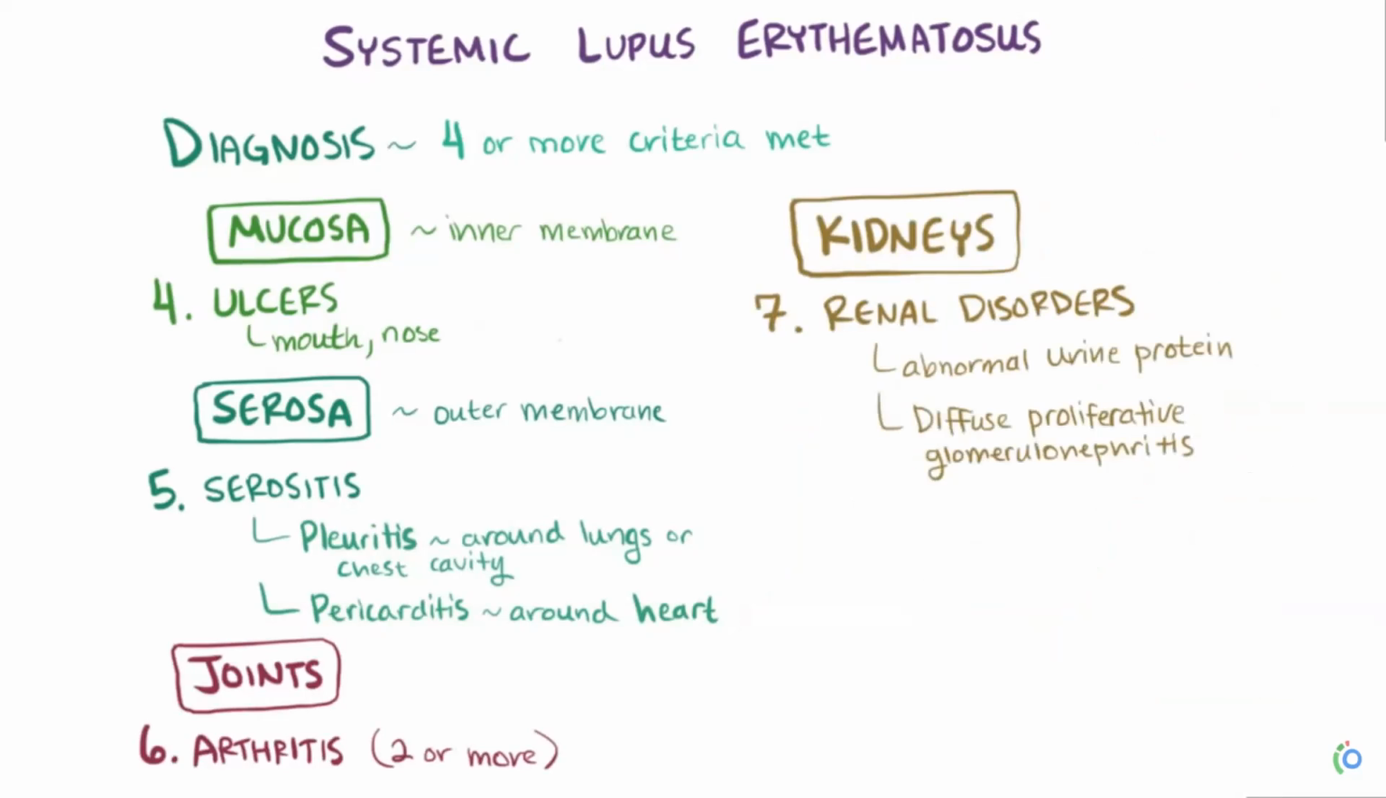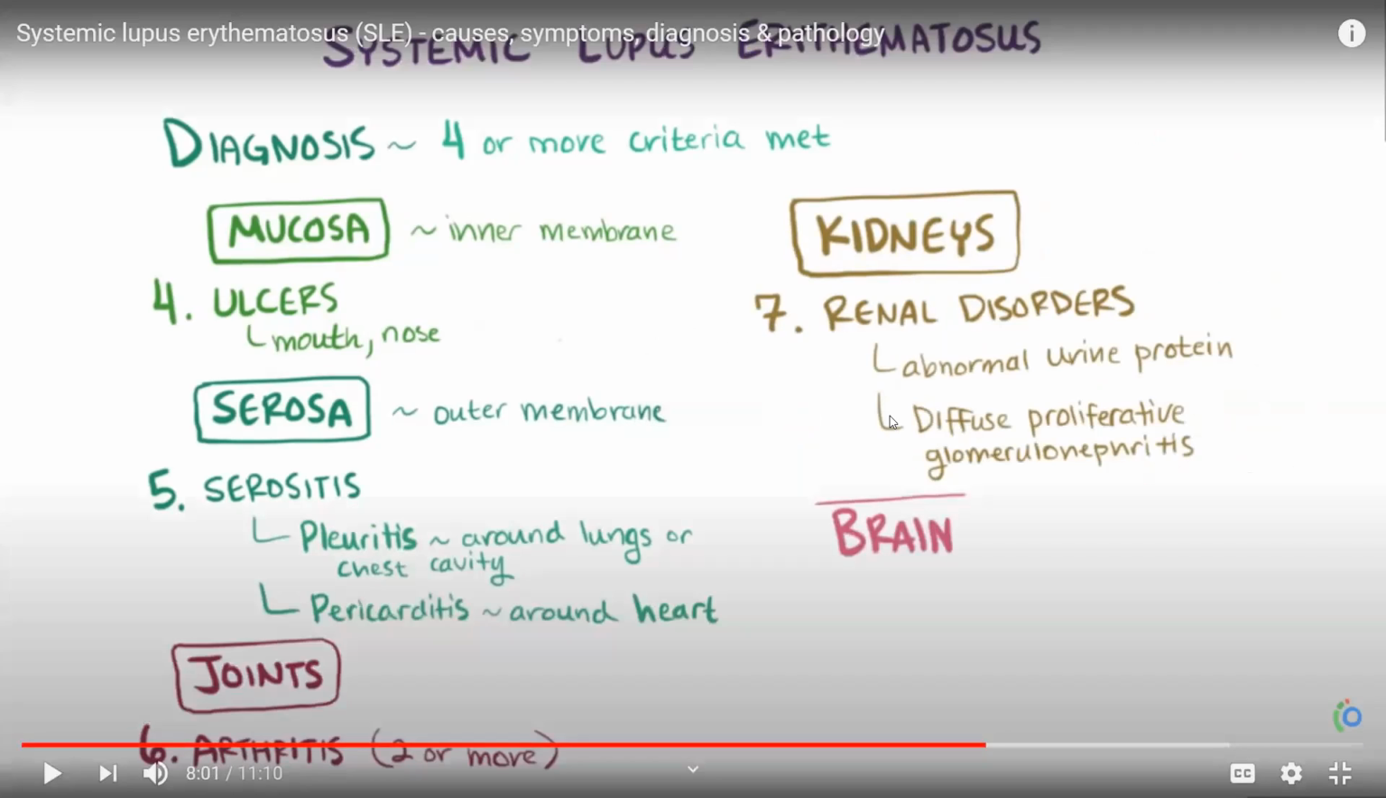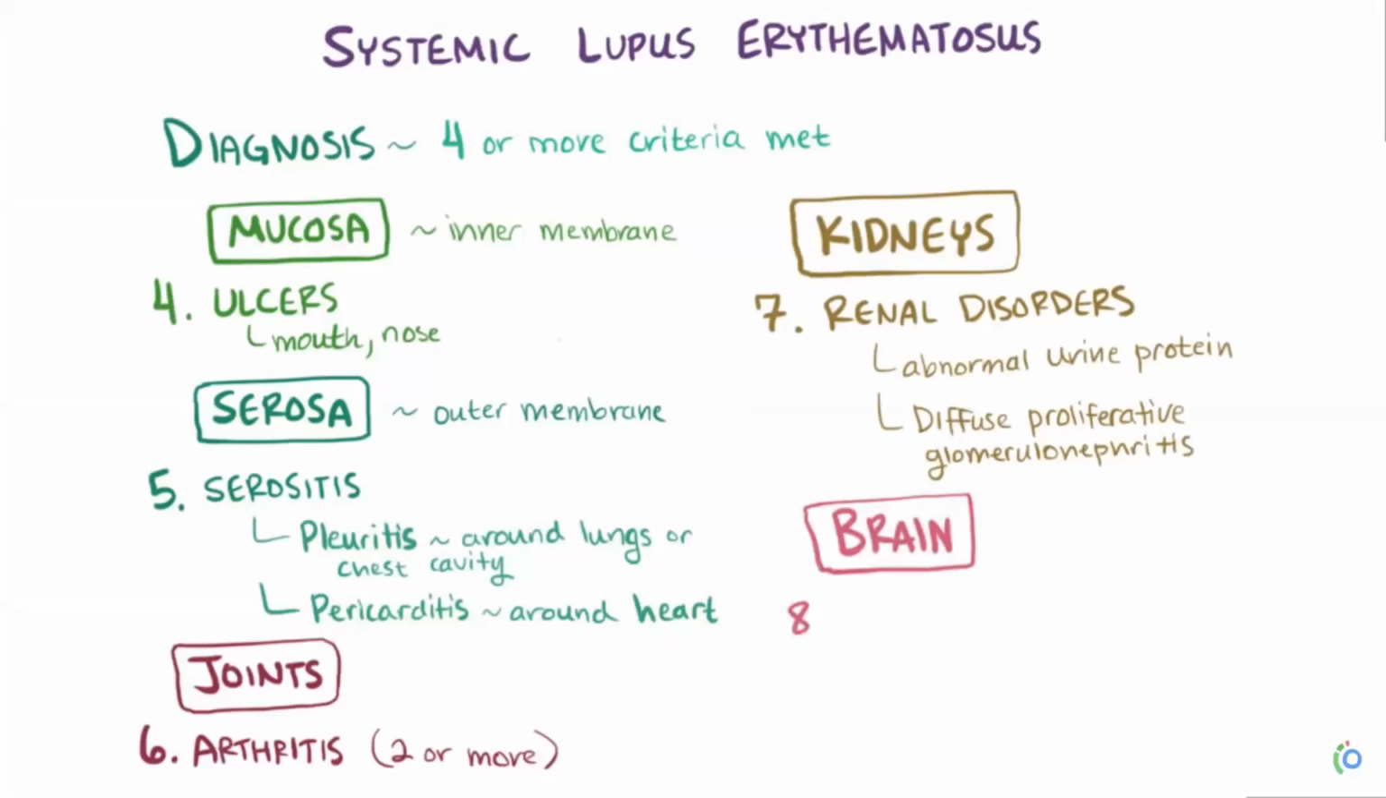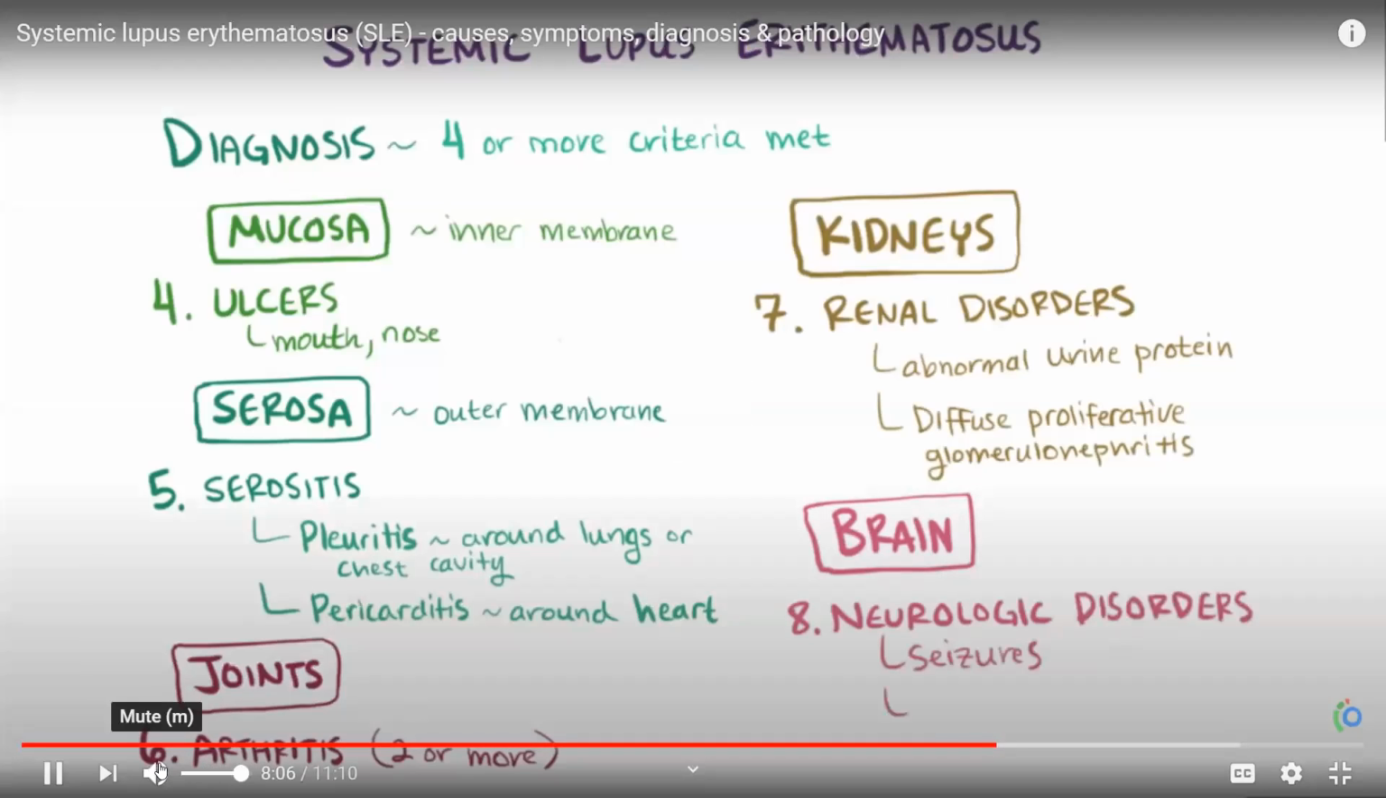For reasons that aren't completely understood, some autoantibodies that target receptors in the brain have been implicated as well. And this can cause neurological disorders like seizures and